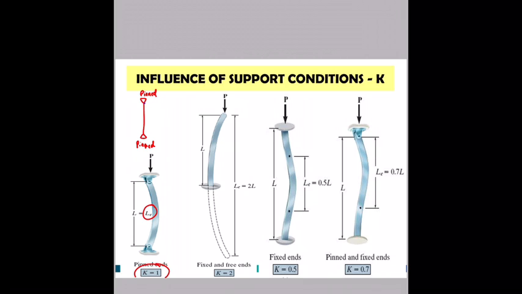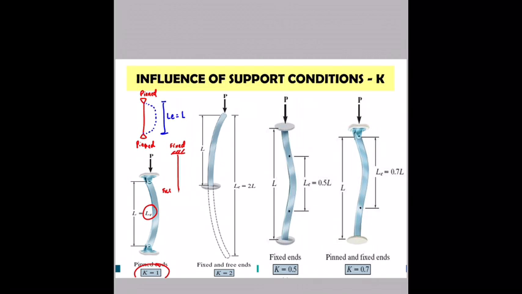If we start at the pin connection, it will go here. So this is your effective length, where your LE is equal to L. And if you have a fixed-free connection like this one, fixed like this, and free here,